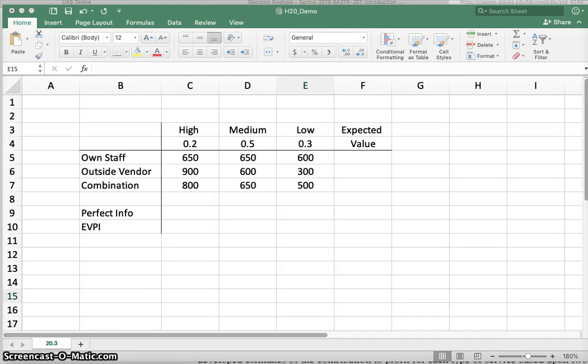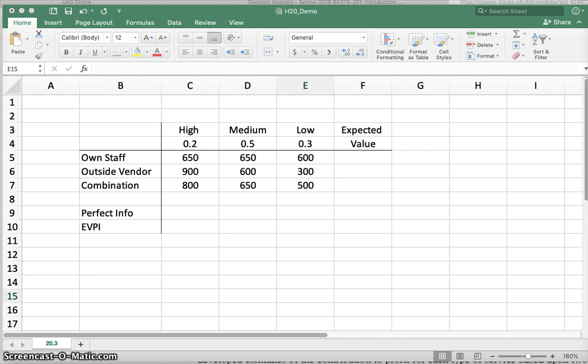Okay, so here we have an expected value or expected monetary value kind of problem. Now, expected value is very commonly used in industry. It's a way to make decisions that considers risk. So you might have thought of this on your own. You might have thought, well, I can make a decision, and best case scenario A will happen, and worst case scenario B will happen. Well, this is a way to quantify that kind of a problem.